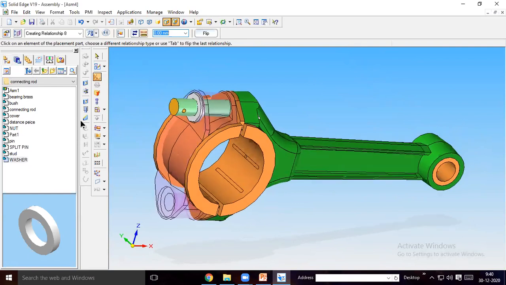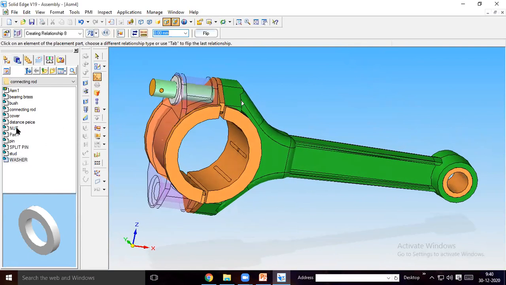Then bring the nut over here. Okay. So what we will do with the nut?